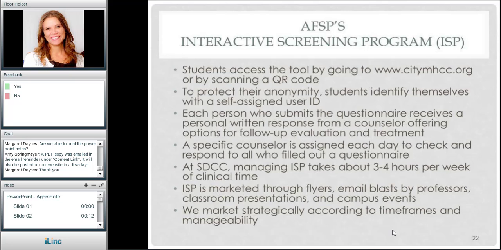So basically, here's how it works. Students can go to the website that AFSP set up. So for us, we picked citymhp.org. Or students can scan a QR code with their phone, which takes them to a mobile version of it. So there's a really great mobile version of the assessment, as well as